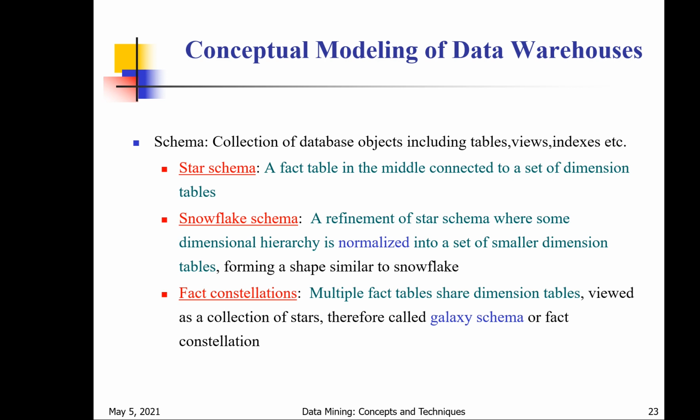These two or more fact tables use the same dimension tables commonly. Two fact tables use some common dimension tables. So that's why it is called a fact constellation schema. So these are the three schemas: star schema, snowflake schema, fact constellation schema. Now we will see how these schemas can be represented, in a diagrammatic representation for these three schemas.